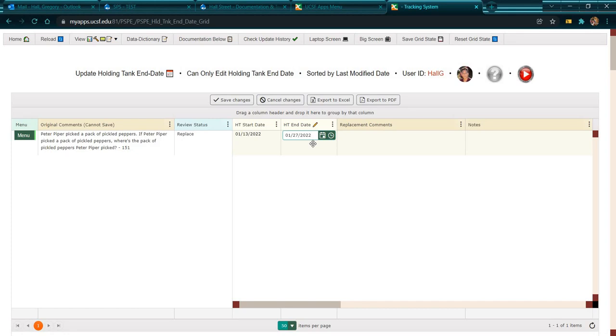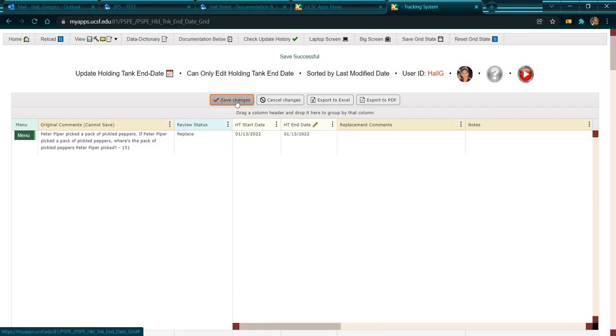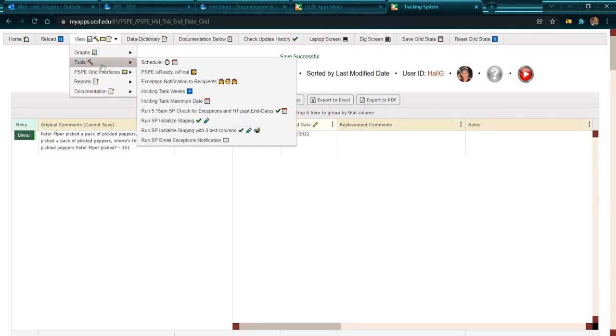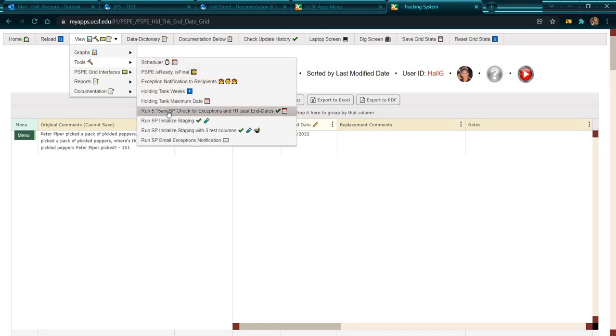But what we're doing here is making this the same as the start date, saving my changes, and then running the stored procedure that will go through all the records in the holding tank and check the end date. If it's today or greater than today, then it's going to move that record from the holding tank to the primary table, and that's when you cannot edit it anymore. So let's do that. So I'll click here,